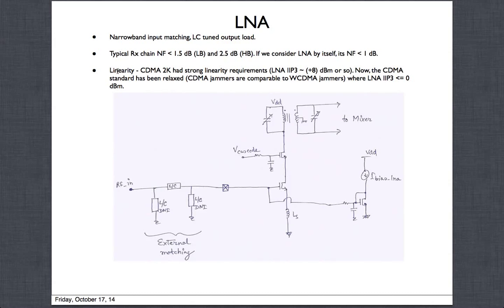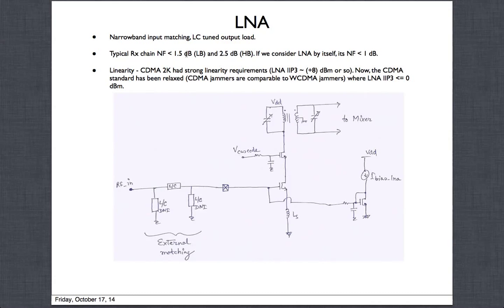Linearity. Linearity is another key thing that I wanted to share with you, because the LNA is the first one, right? LNA is taking the hit, and when strong jammers come in, some of the strong jammers get filtered by this matching network here. Oh, there's another thing I forgot, and I think I should mention it, so I will go back a little bit. So let's not talk about linearity right now. There is one other key point that I forgot to mention about getting these extremely good noise figure numbers.